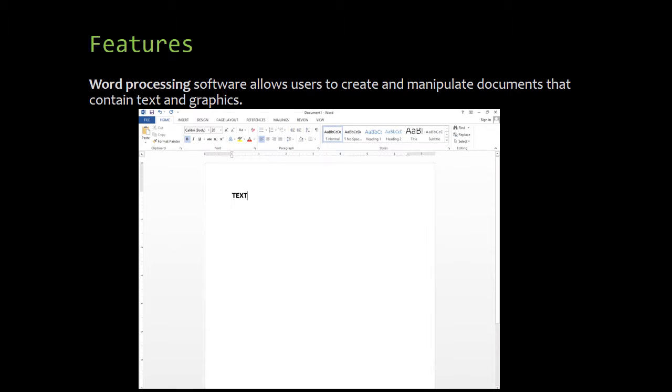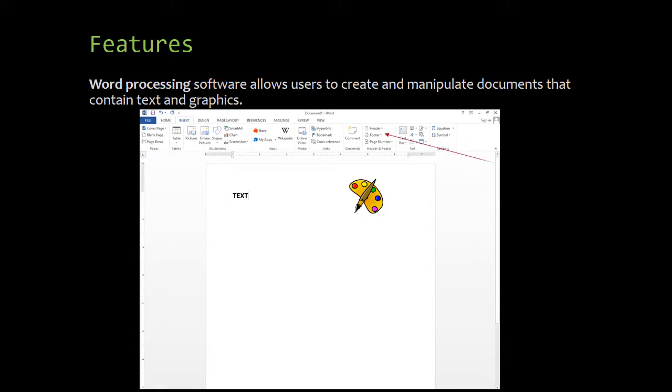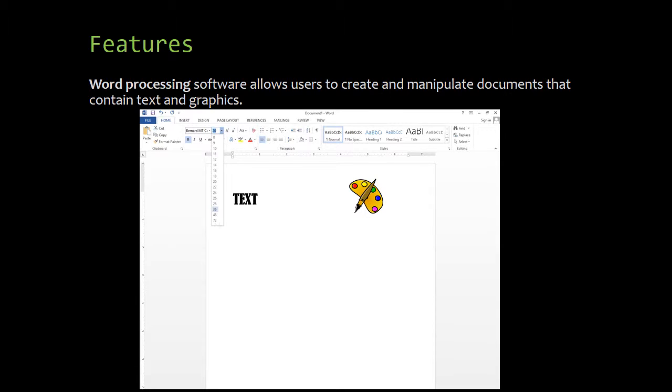With word processing software, you can insert clip art into a document, change margins, find and replace text, use a spelling checker to check spelling, place a header and footer at the top and the bottom of a page, and vary font or character design, font size, character scale, and font style or character appearance.